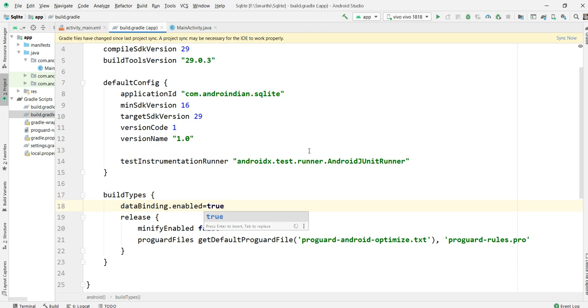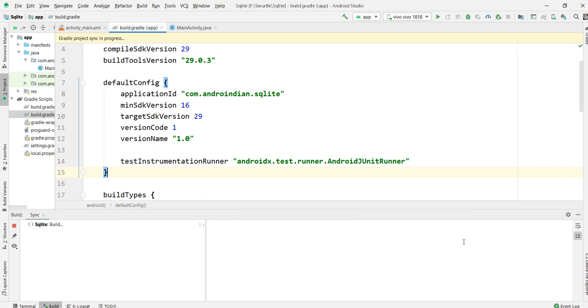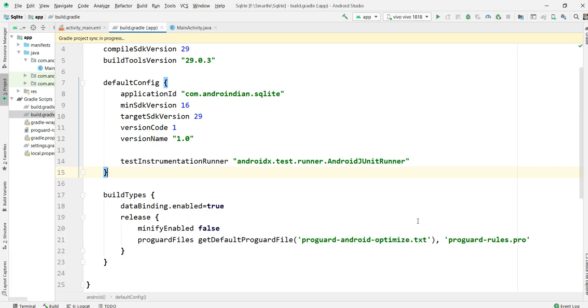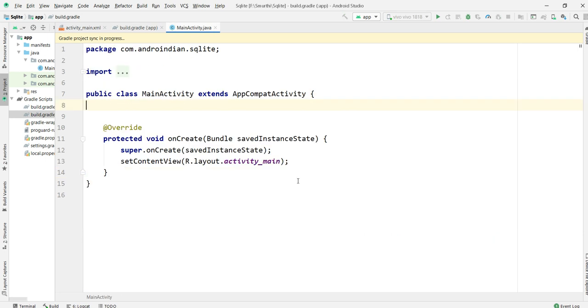Click on sync now. Then I can have access to the data binding.